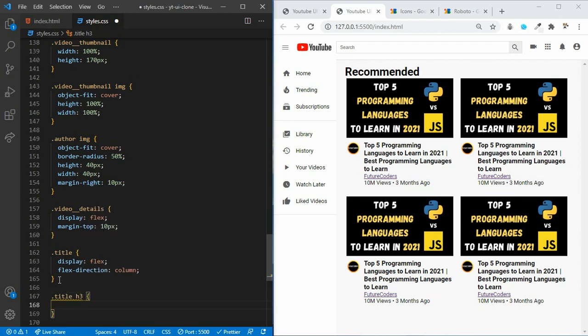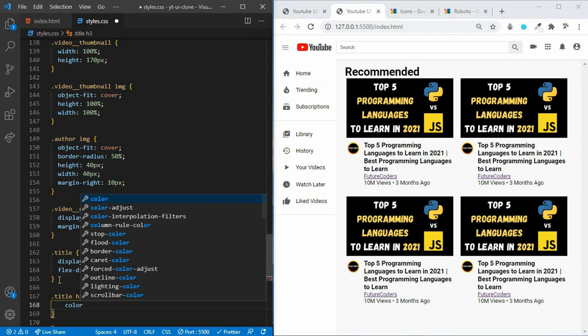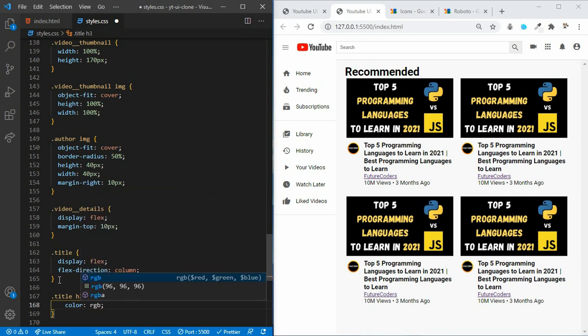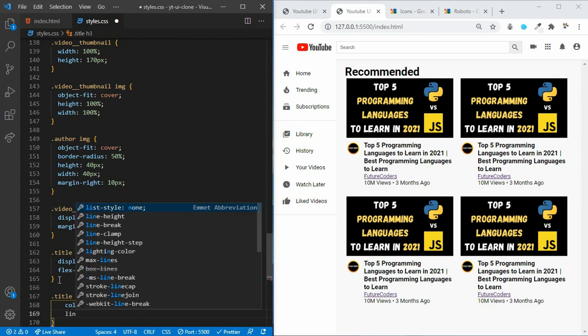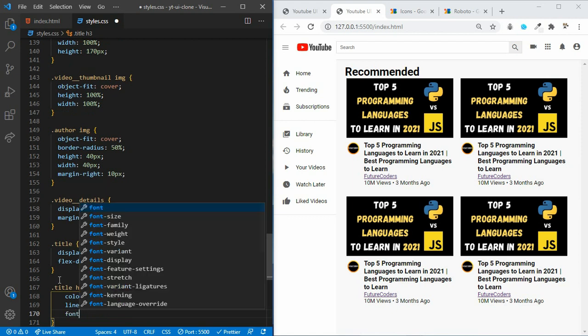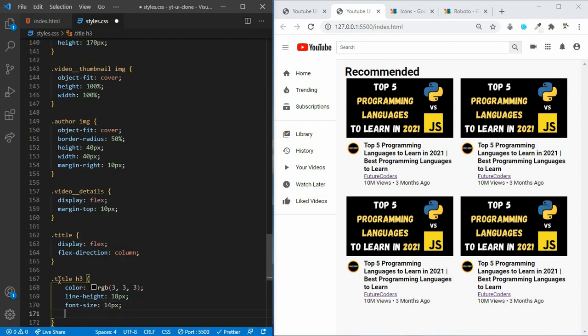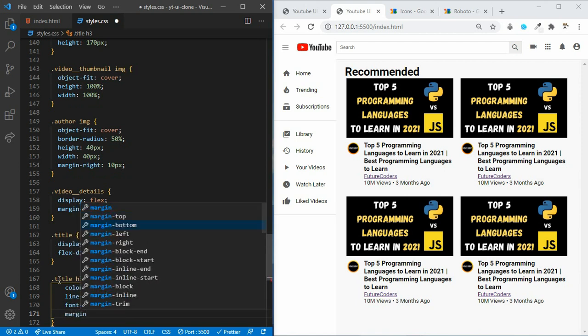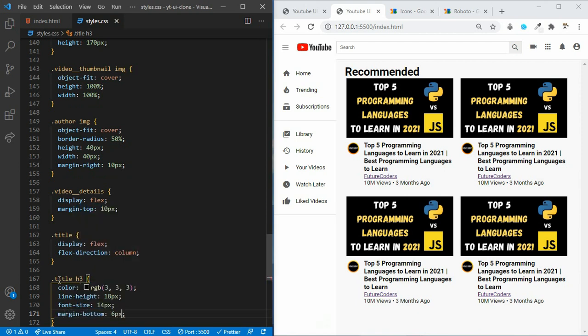Let's set the color to RGB, this color. Let's set the line height to 18 pixels. Sorry, this should be 18 pixels. Let's set the font size to 14 pixels and margin bottom to 6 pixels.